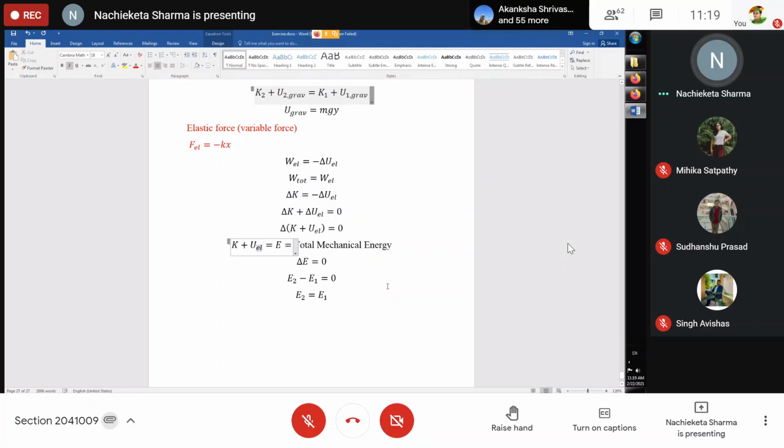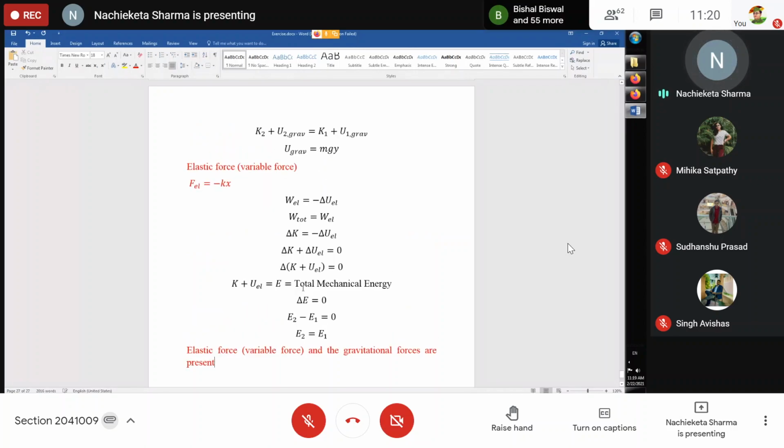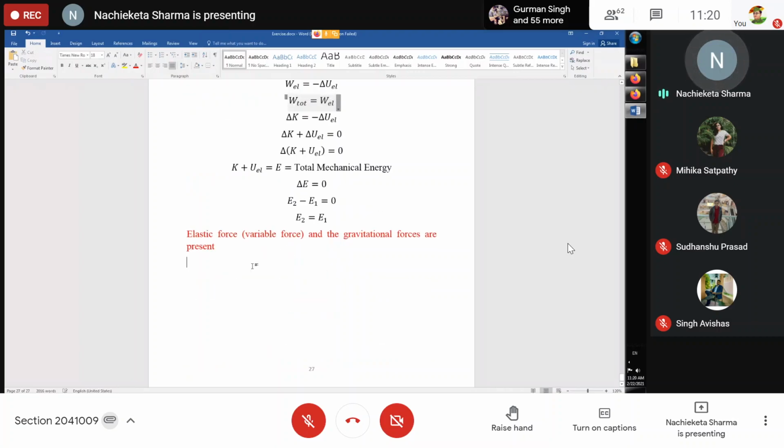Now you see, the third example shows that suppose both the forces are present, elastic forces and gravitational forces. Then what am I going to derive? Suppose both the forces are present, the variable force and the constant force, the elastic force and the gravitational force. Then what will happen? Now your total work done, this W total that you have written, will become